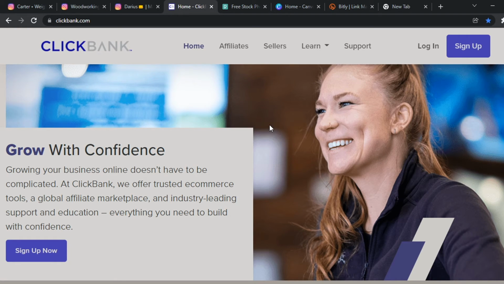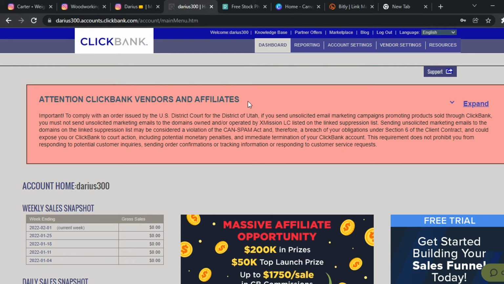So to simply find offers, what you want to do is go to an affiliate marketing network, which is a place where you can find products and services to basically promote to be able to make money. So for this example, I'm just going to go to a popular affiliate network called ClickBank, and you can simply go right here to sign up and create your free account online. So once you create your free account on ClickBank, what you want to do now is go right here to Marketplace. This is where you're going to find products to basically promote to be able to make money.